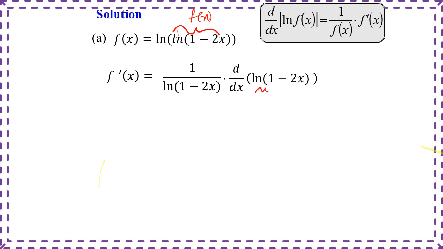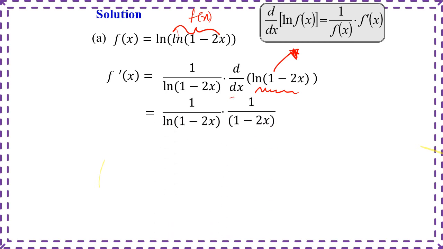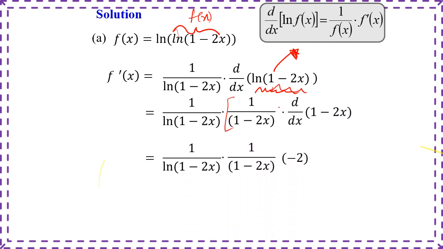So how to differentiate natural log of 1 minus 2x? We need to apply the natural log formula again. So differentiating natural log of 1 minus 2x will be 1 over 1 minus 2x multiplied by the derivative of 1 minus 2x, which is equal to negative 2. Okay, so this is the part where we differentiate the f(x) from earlier. So the final answer will be,